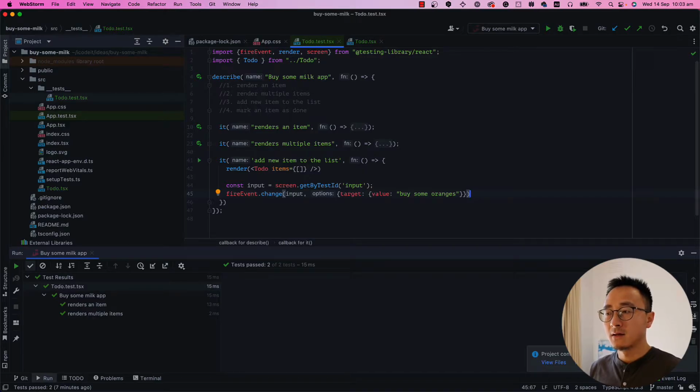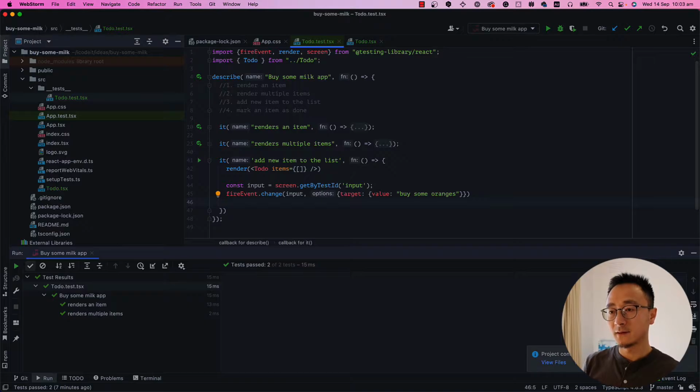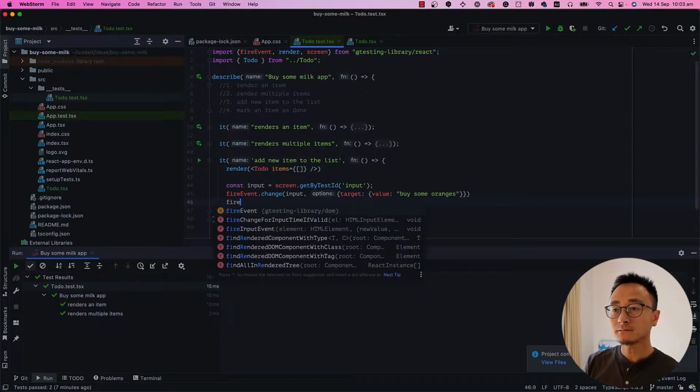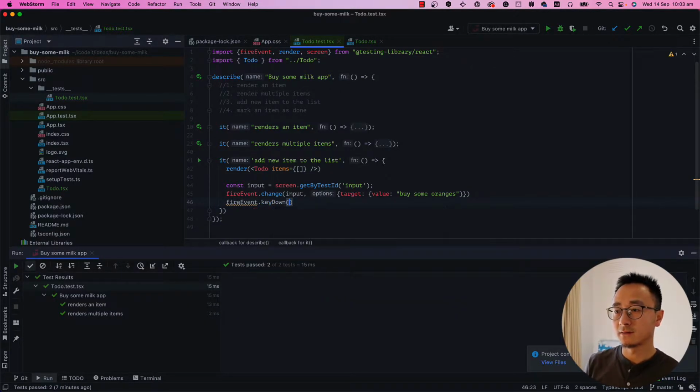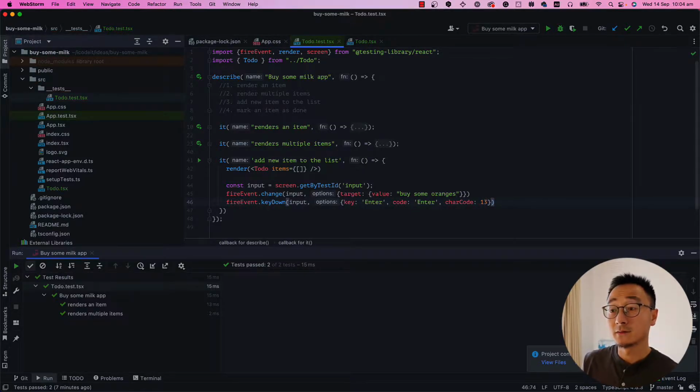And then we can either find a button and click, but based on the requirement we have, it's triggered by the enter key. So we will trigger the keyDown event on the input, and the key will be Enter, the code will be Enter as well, and the charCode is I think 13. It's just to simulate an enter key, and then we're expecting that